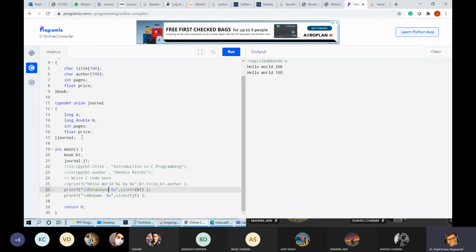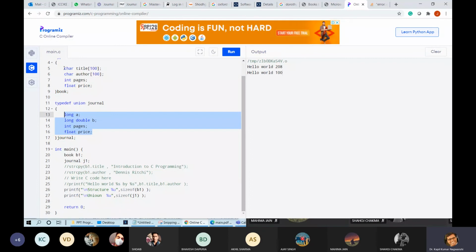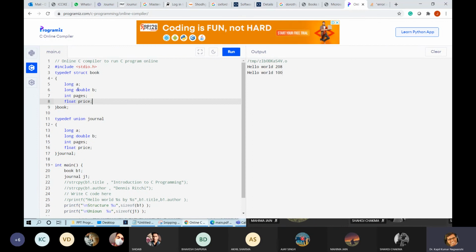Okay. So let us copy the entire content of journal as well. So I had pasted here. Both having the same size, yes or no? So if we run, then structure requires 48 byte, while union requires 16 byte.